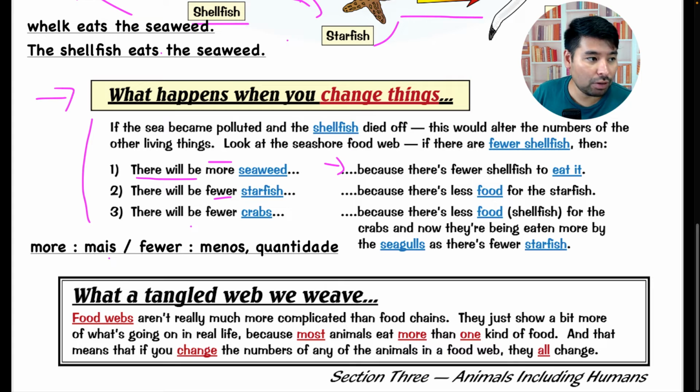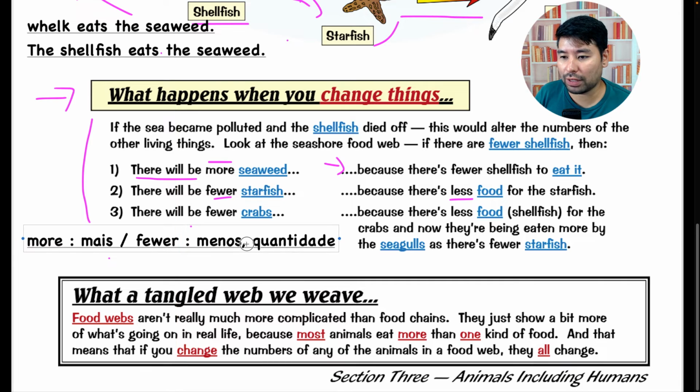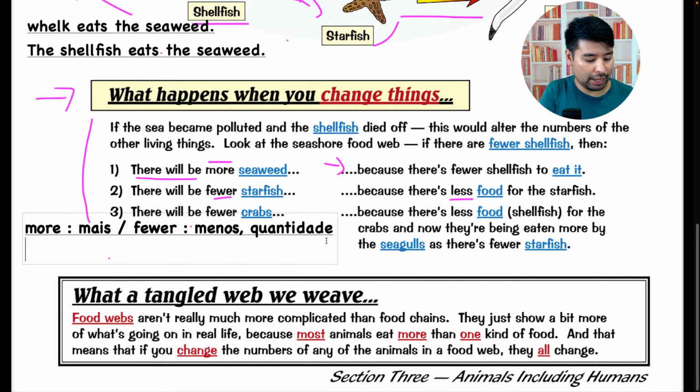Vamos lá, uma palavrinha nova aqui que a gente tem. Less, ok? Less é a mesma coisa. Less significa também menos. Vamos colocar aqui, ó. Vou colocar aqui embaixo, tá bom? Vou continuar aqui em preto. Less significa...